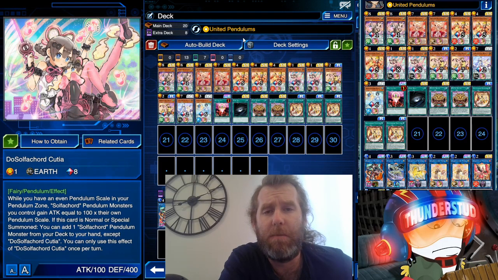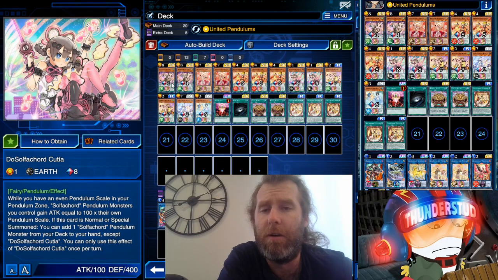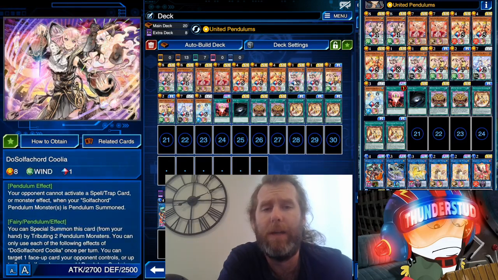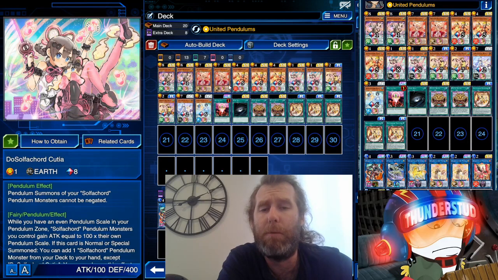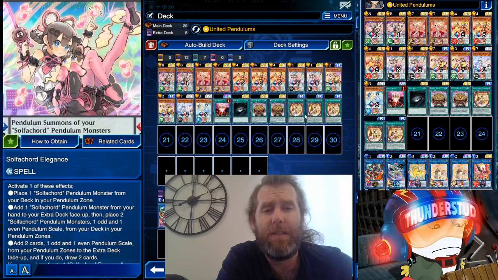It's a good combination with United Pendulums, a new lifetime skill we got, where you can take a monster on your field, put it in a pendulum zone, and then bring out another monster of the same type in the other pendulum zone. Great for pendulums, just a general pendulum upgrade. Konami probably noticed pendulums don't really get played outside of Triple Ds, and other than that, it's just generally good